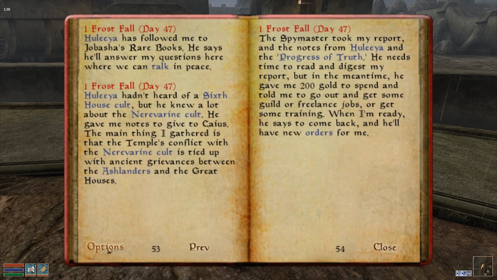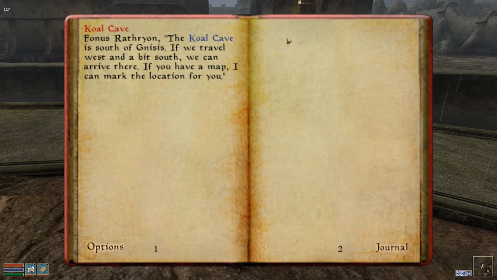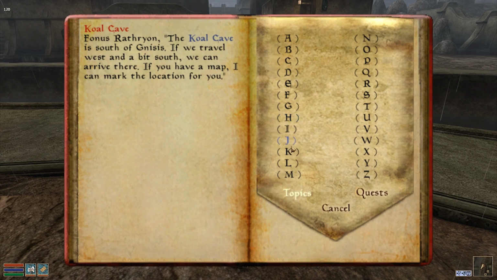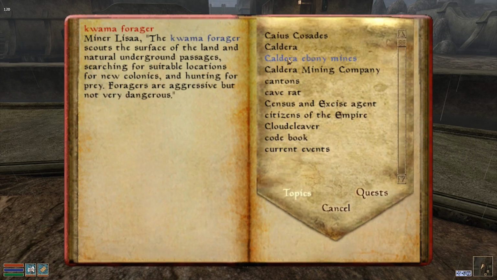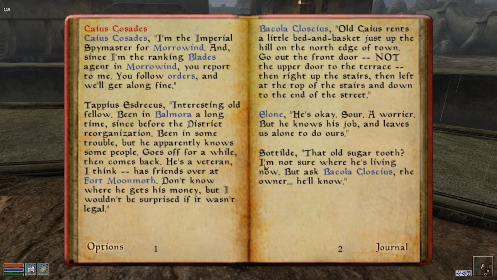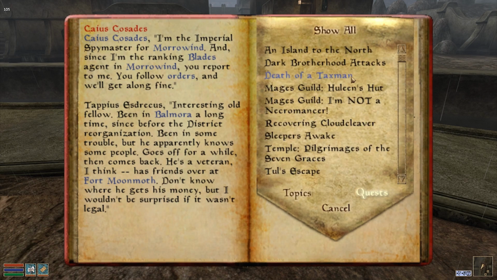And so what they've done is they've added an additional layer where you can look up individual names and information based on the lettering. So let's look at K, for example, right? We've got this specific coal mine, we've got information about it. We can go here, and this is a creature, we've got information about it. Let's go to something a bit more advanced. Every bit of information that you've gathered in your time in the game can be found here alphabetically. And then you can also go into quests, which is your quest log